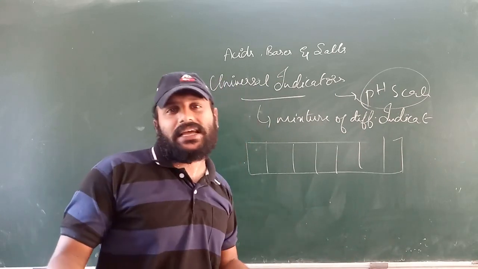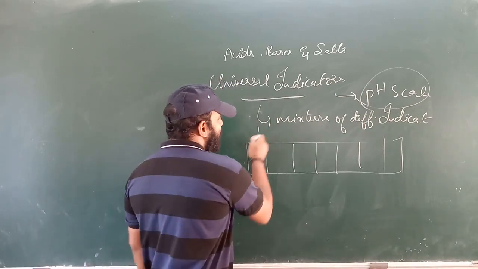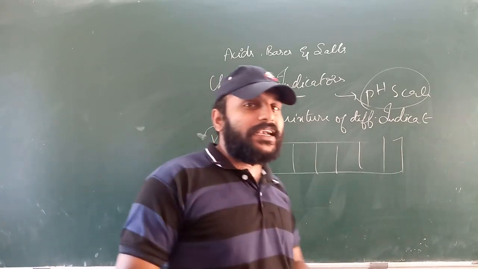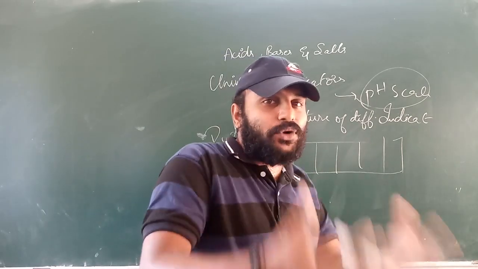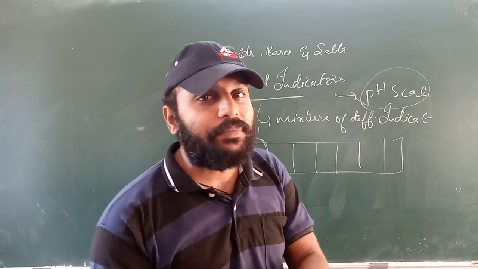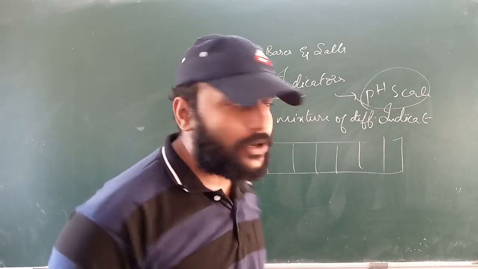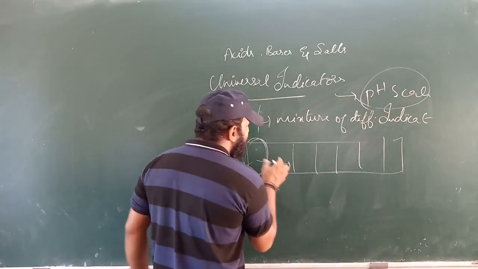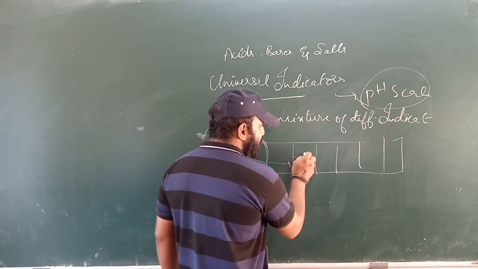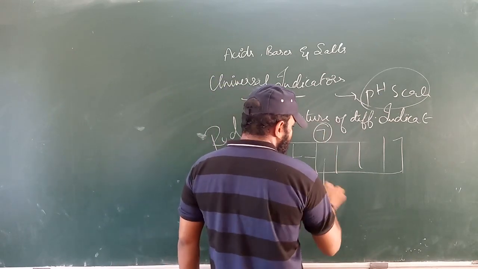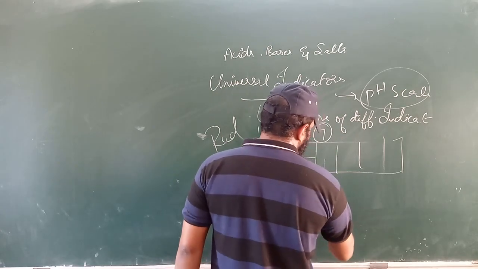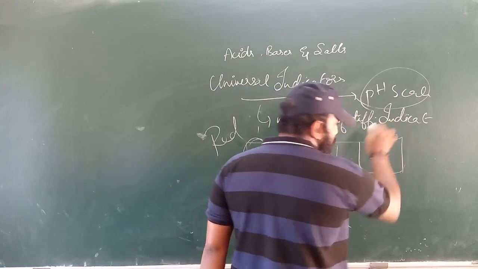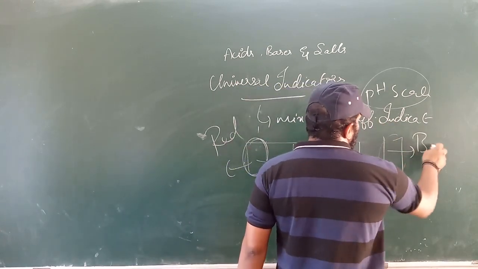If the pH value is less than 7, say the pH value is 1, the universal indicator will show red color. So what does it tell about? It not only says about the acid nature of the substance, at the same time it shows the strength of the acid also. Red color means it is more acidic in nature. As it goes on, the red color slowly decreases and becomes light yellow, and at 7 it will show parrot green. And if it is a strong base, it will show dark blue color.